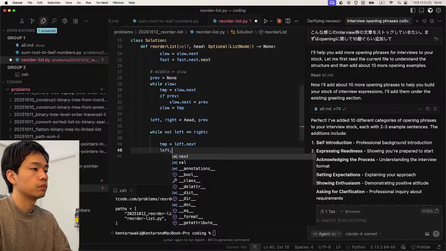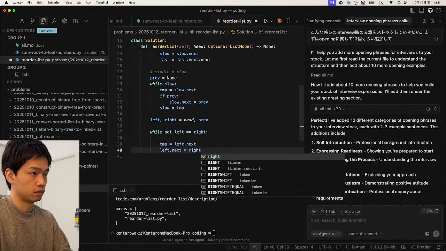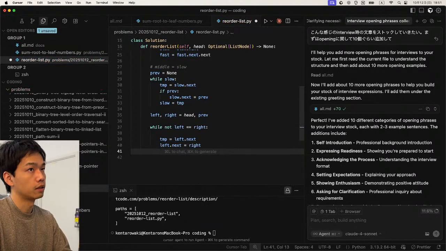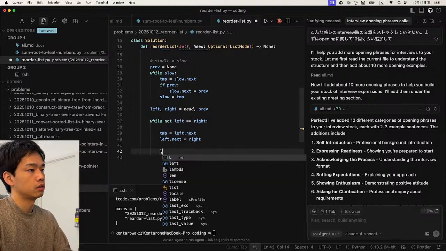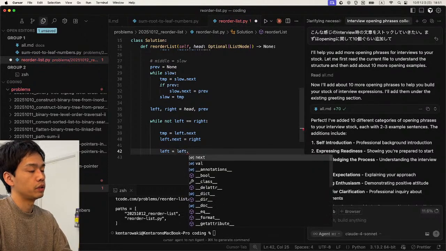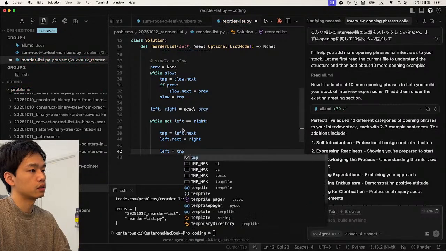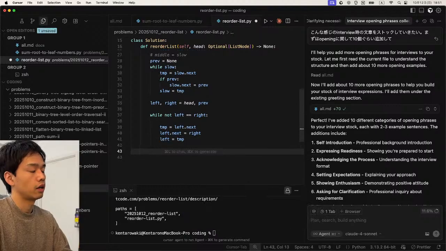We can update left next. Left next pointer points to the right node. Okay, and after updating left, moving forward to right, like this, and after that